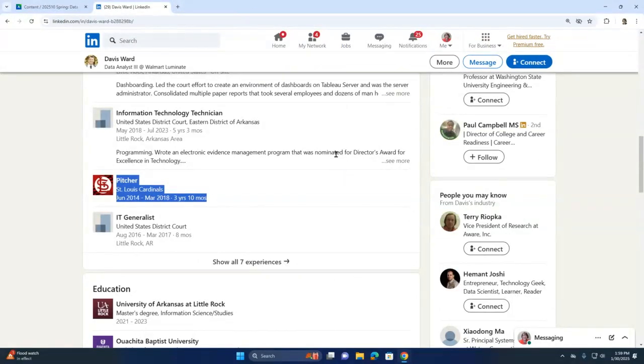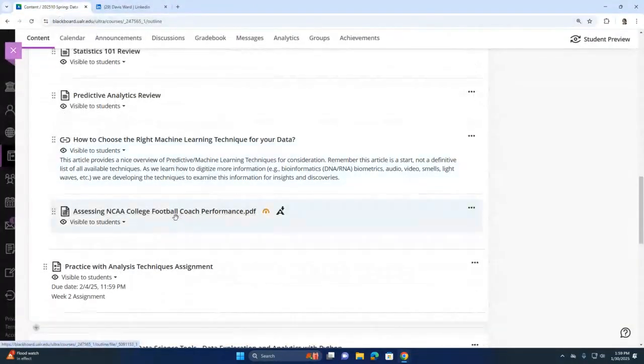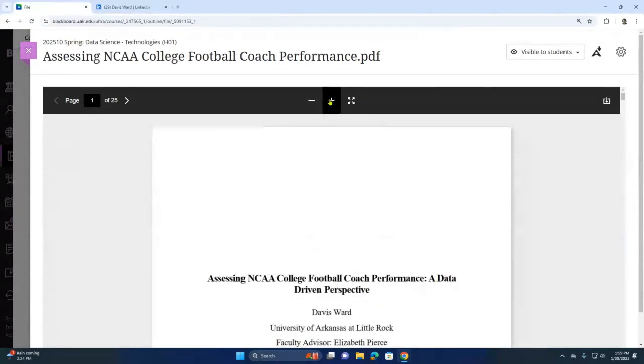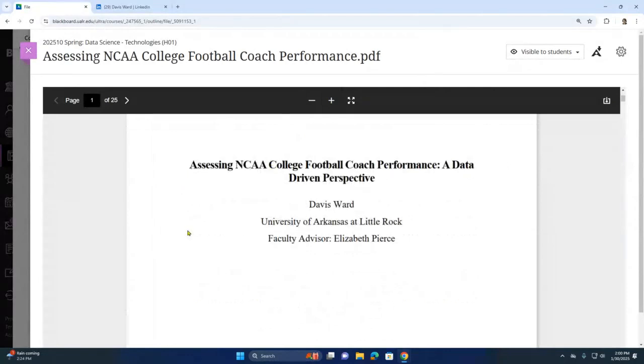So this gives you an idea as to why, when it was time for Davis to choose a topic, he chose something that was related to sports. And here, let me make this nice and big. And that's kind of a nice thing to think about: you might say, man, what does sports have to do with Walmart? Well, the thing is he did a really great job doing a very interesting sports analysis. And if you're Walmart, if somebody can do a great job with sports,